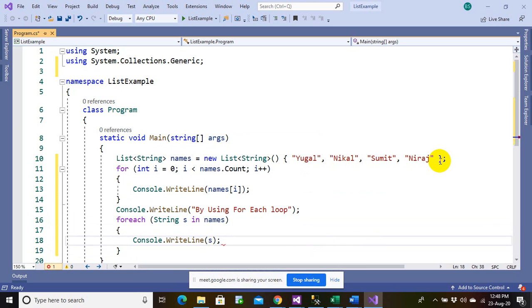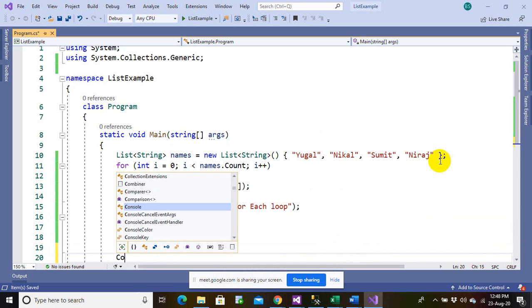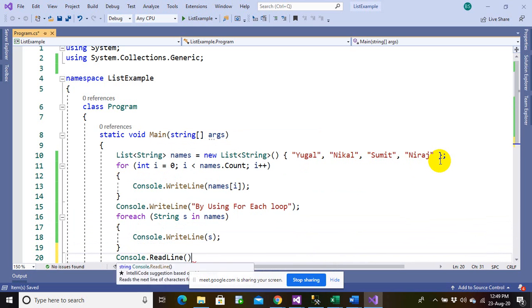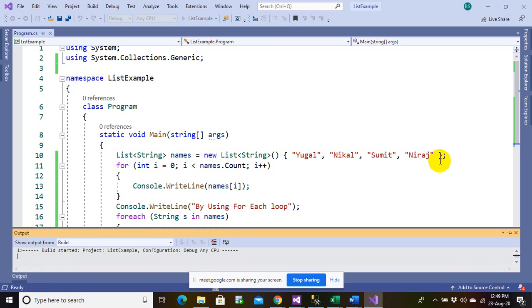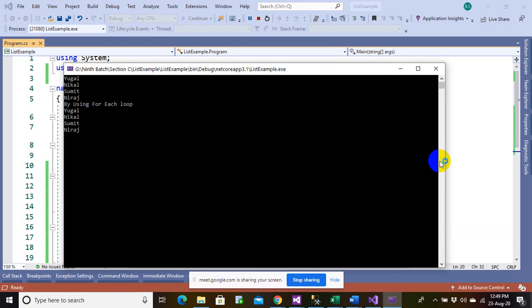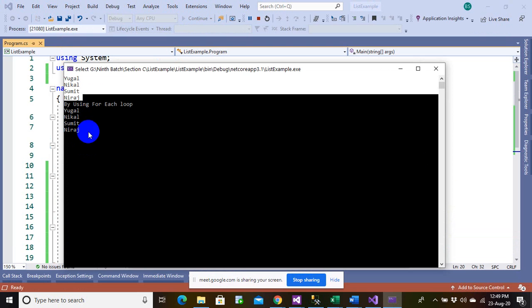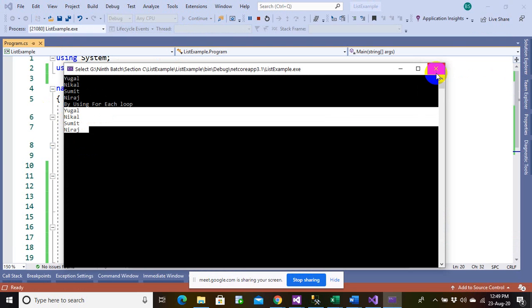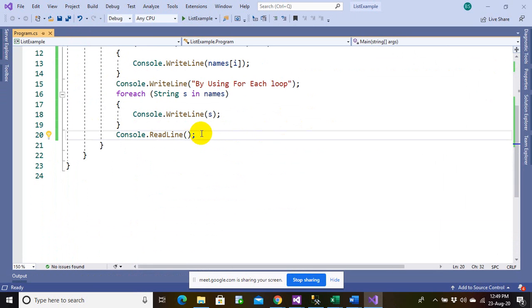Let's save it and let's run it. Good, that's it. Let me save and let us run this again. Yeah, so by using a for loop you got this output, and by using a foreach loop you got this output. Absolutely the same concept remains, like in ArrayList.